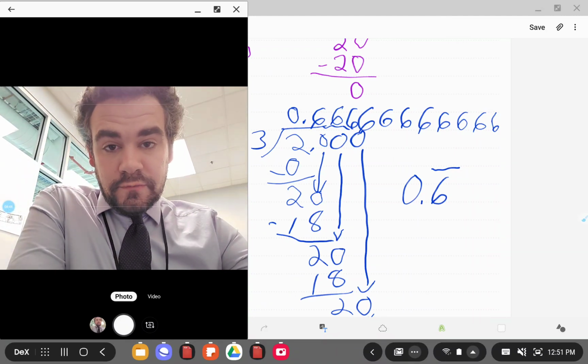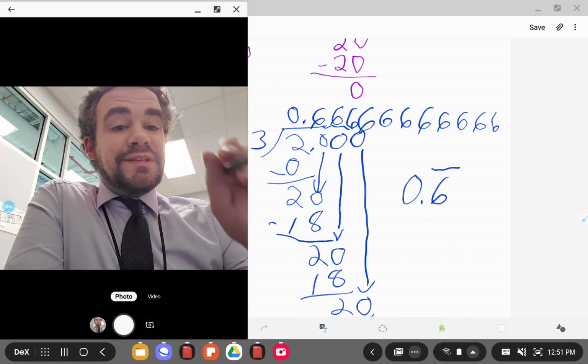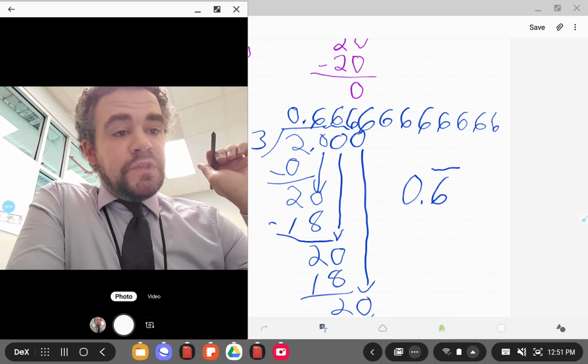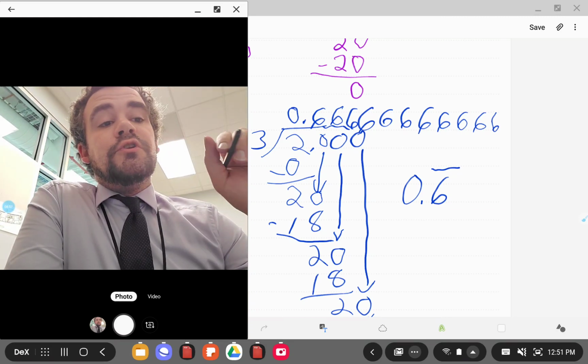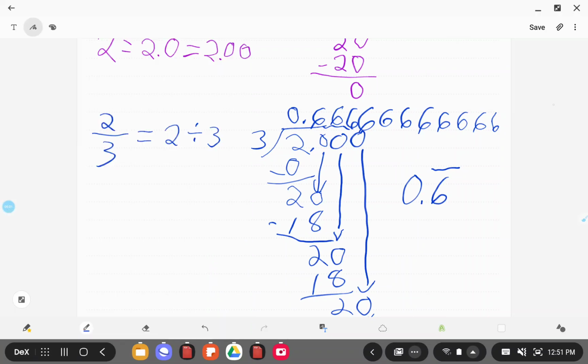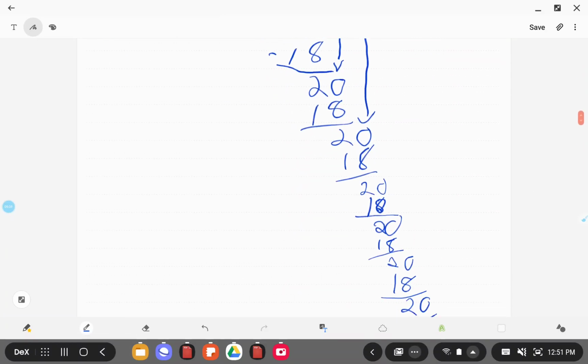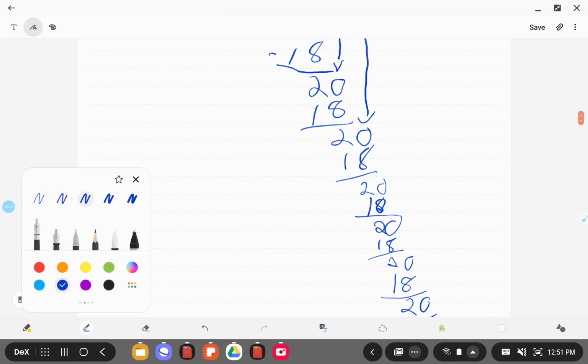All right, so what I was saying is that whenever you have a number that repeats itself over and over again, we put a bar over it. We only put the bar over the part that's repeating. That's important. You only put the bar over the part that's repeating, but you put the bar over the whole thing that repeats. So, in other words, let's say I had a number that was